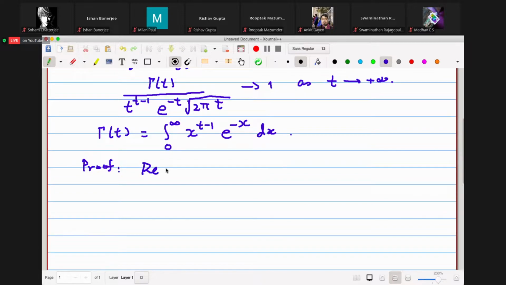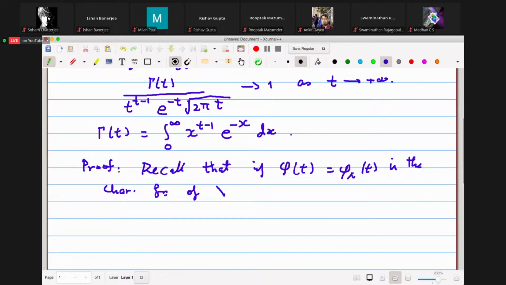So recall that if phi of x, t is the characteristic function of x with density f of x, or f_X of x, which we write as f of x. Then